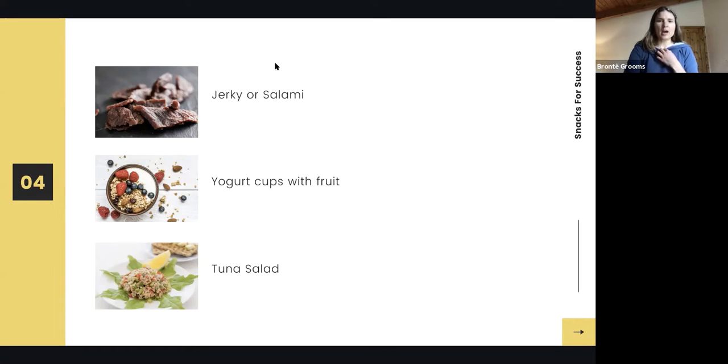And then yogurt cups with fruit. So yogurt is also a great source of carnitine. And so I just like to incorporate different options with the yogurt instead of just having plain yogurt. A lot of people don't like plain, so fruit gives that sweetness without adding a ton of sugar, and also includes a lot of those important, they're called bioactives. So these are going to be a super robust amount of nutrients that are going to help with our genes,